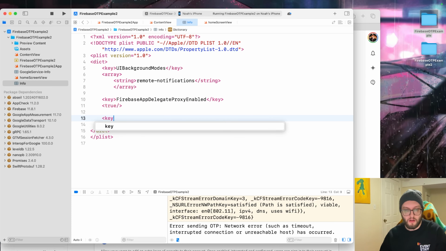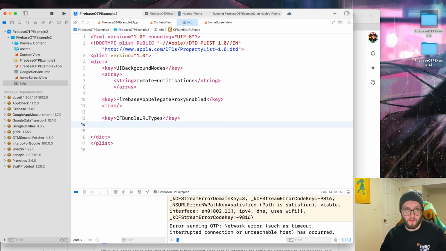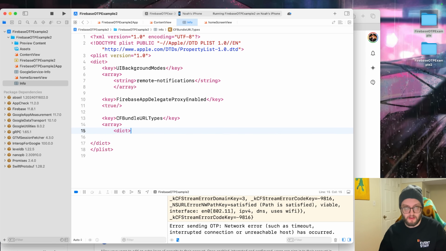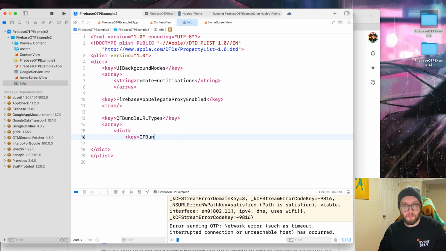Alrighty, we're going to add another key here, and this is going to be CFBundleURLTypes, so multiple. We're going to close off that key. This is a bit of a long one. We're then going to add an array. We're going to also open up a dict. We're going to open up a key, and this is going to be CFBundleTypeRole. We're going to then close off that key. We're going to add a string, and with this we're going to call it Editor. We'll then close off the string. We're then going to open up another key,